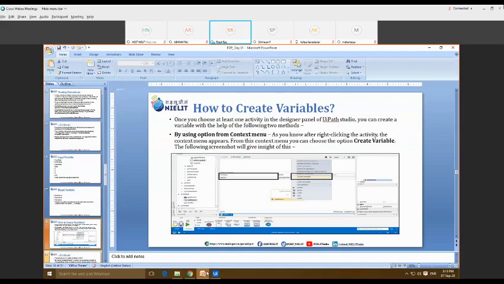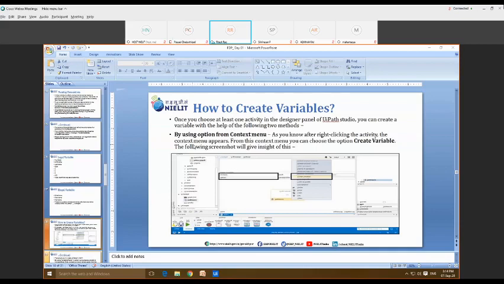The first option I'm going to discuss is creating the variable from the context menu.